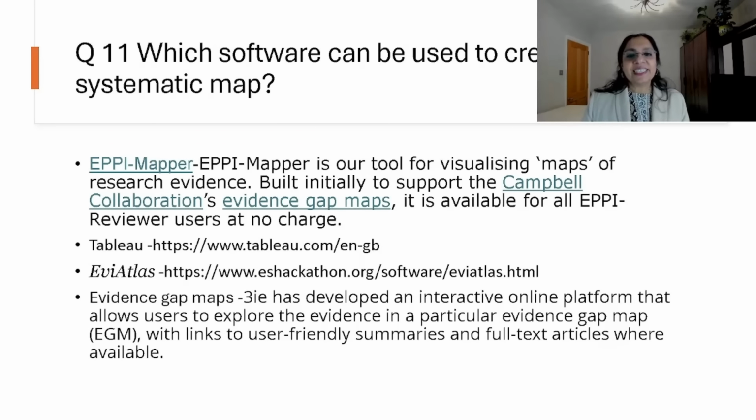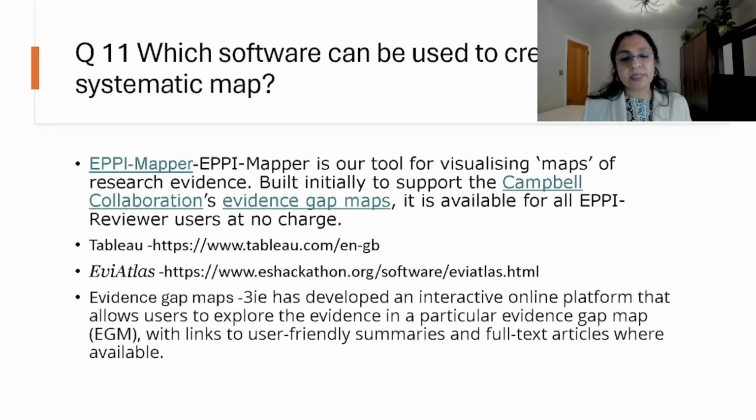Another relevant question, especially in recent years because of the advancement of technology and software, is: which software can be used to create a systematic map? There are some software packages for systematic maps. There is EpiMapper.